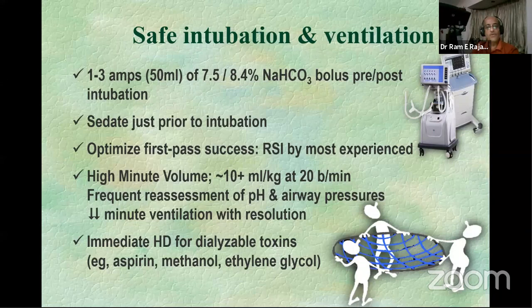And remember that we don't like to keep somebody at that 10 ml per kg for a very long period of time, though theoretically we are understanding more and more that normal lungs will tolerate this to some extent. We don't have to be that fixated on the 6 or 8 ml that we have always been talking about, but sooner or later you'd like to bring the airway pressures down over a period of time. And for that, under these conditions, the three toxins that I was talking about are all eminently dialysable toxins, and we need to do something initially to minimize the risk related to the persistent acidosis. So this would be a good way to look at it.